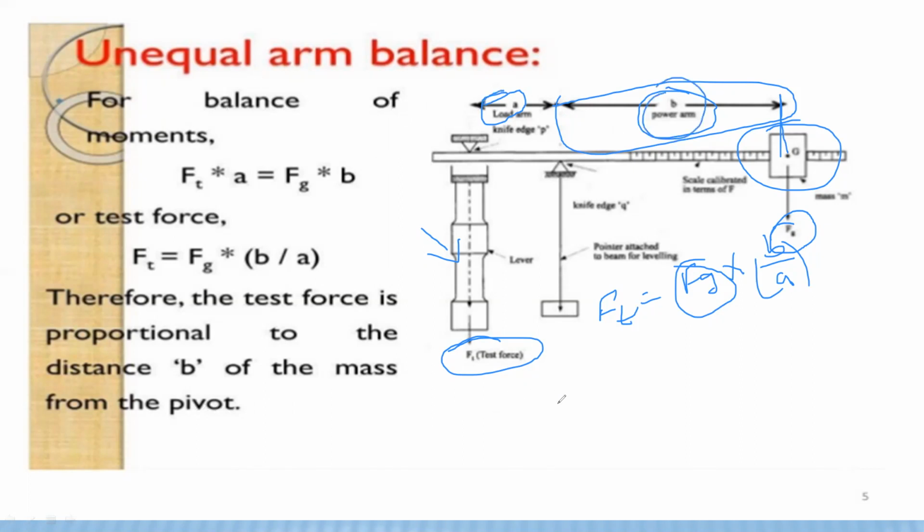Generally the lever system is proportional to this condition. Finally, what I am getting is T into C is equal to H into W1 plus W2 or HW. So these are the weight calculations by using the multi-lever platform scale.